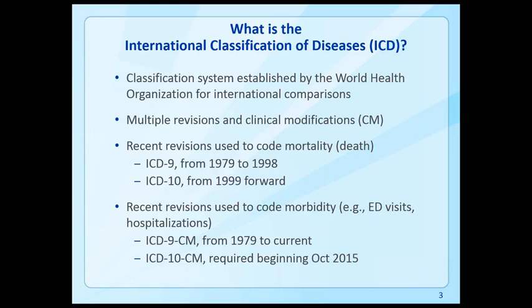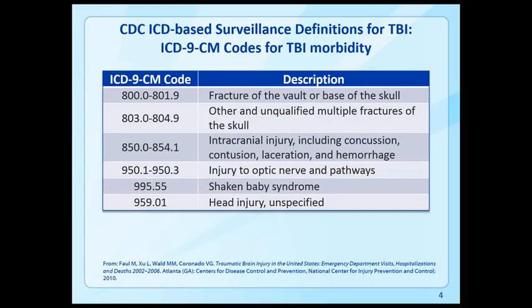When it comes to the morbidity or the non-fatal cases, we're still using ICD-9-CM. We've been using ICD-9-CM since 1979, but there's a big transition coming up at the end of this month, beginning October 1st, where hospitals and clinics and physicians' offices are going to be required by the Centers for Medicare and Medicaid Services to use a new coding schema, which is ICD-10-CM. So when you have all these different versions of the ICD, when you're coming up with case definitions, you have to create a new case definition in every single one of these different versions.